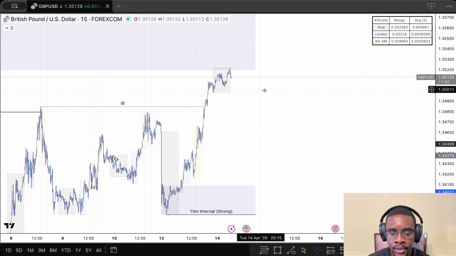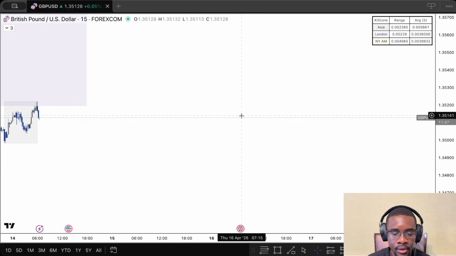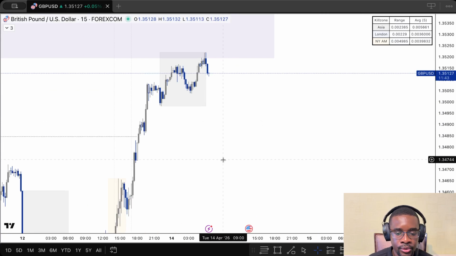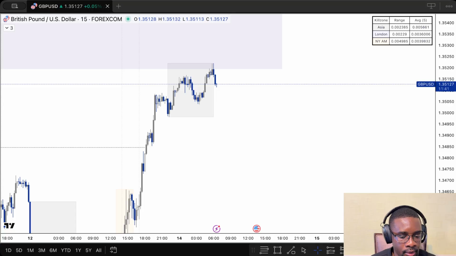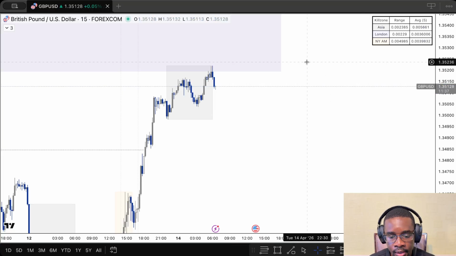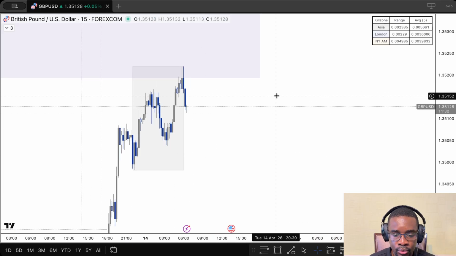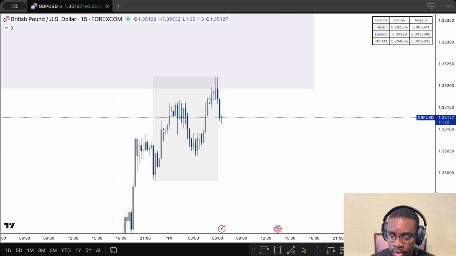So price has mitigated that 4-hour supply. After break of structure, we do expect price to come back, at least to give a retracement. So one of those signs would be a change of character. So we do have a CHoCH right now,